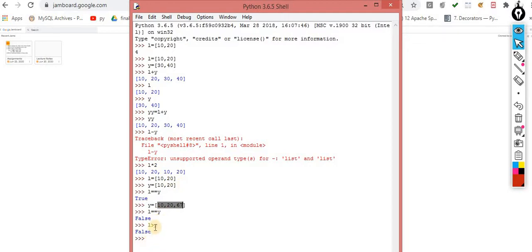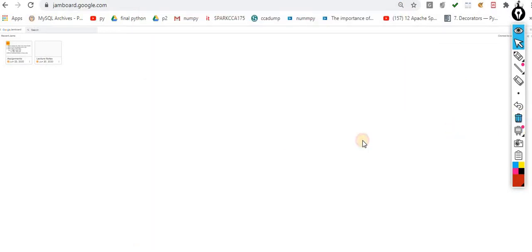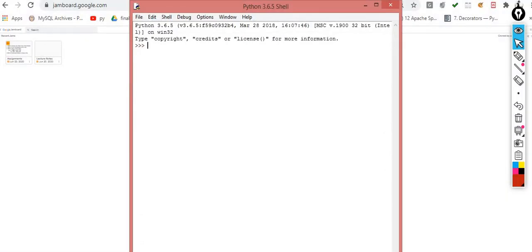You can perform these operations as well. All the operators that you can use: greater than equals to, less than equals to, double equals to, and so on.